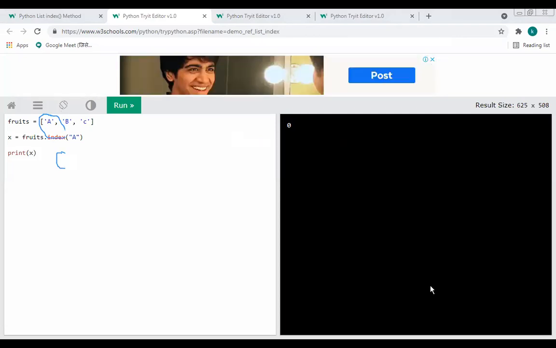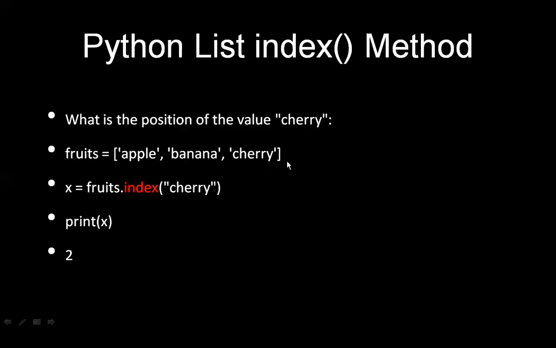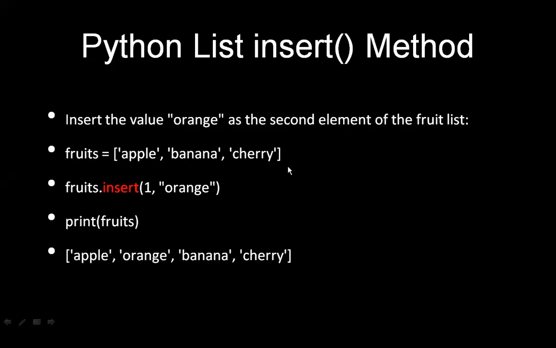Now let us see another type of method, that is the insert method. So here we will be looking into this insert method. As the name itself suggests, for what purpose is this insert method going to be used? All the methods that we have seen in the list, the name itself is self-explanatory. So with the help of the name itself, you can tell the insert method is going to be used to insert a value.